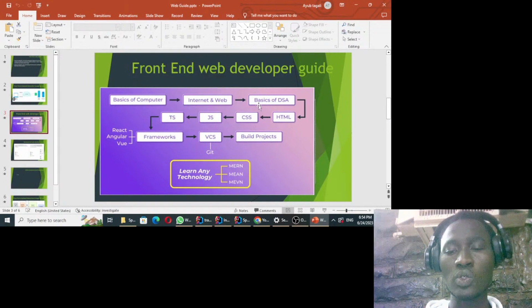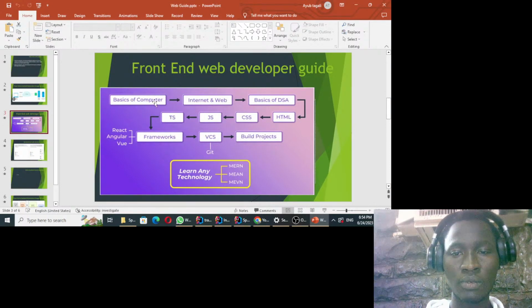Because how are you going to do a web application or website or web development if you don't understand the concept of internet and World Wide Web? And how do you understand this concept if you don't understand the concept of a computer? All right. So you need to begin roughly by understanding this, and then to become a front-end developer,